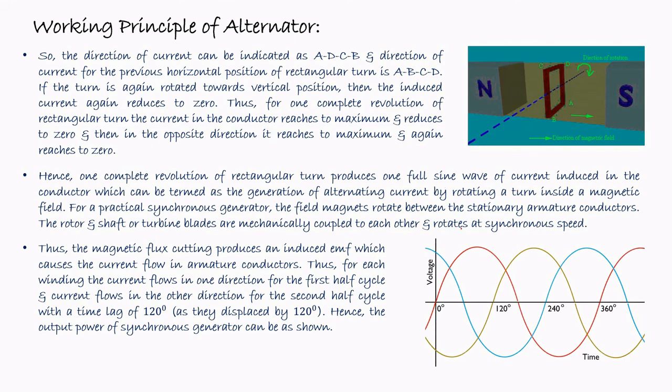So here the EMF induced in three different coils are shown. The coils are 120 degrees apart from each other. Therefore, for the EMF which is induced in the coils, there will also be a 120 degree phase difference between them. So this is the EMF induced in the first coil, that is the red. After 120 degrees, the EMF in the second coil, that is the yellow. And again after 120 degrees, the EMF induced in the third coil, that is the blue. So in this way, we can get the three-phase induced EMF or the three-phase power from the synchronous generator or the alternator.